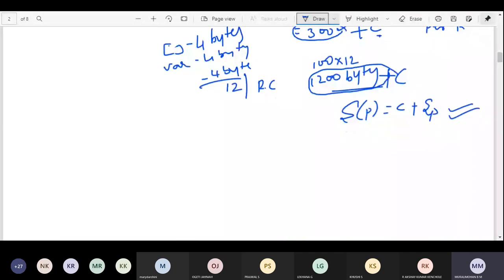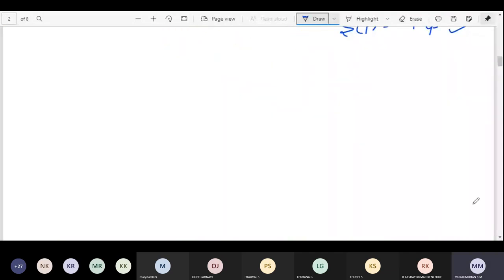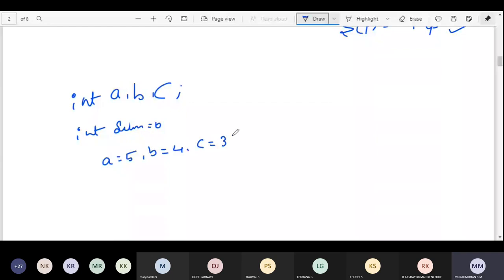Suppose the question is given like this: int a, b, c; int sum = 0, a = 5, b = 4, c = 3; sum = a + b + c. What is the total amount of space required by this particular code?